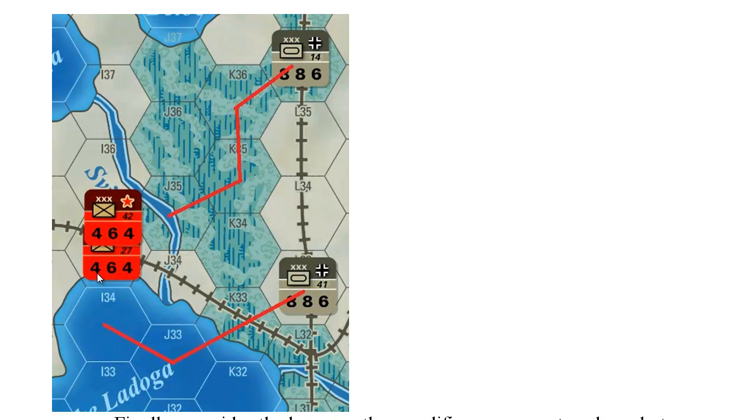If the next German turn is not winter, there is some likelihood that the weather will be perfect or mud instead of snow. If the weather is perfect or mud, Lake Ladoga thaws, and when the lake thaws, any units on the lake are destroyed. Therefore, the German might wish to hesitate before making this move, unless there are very strong reasons for making